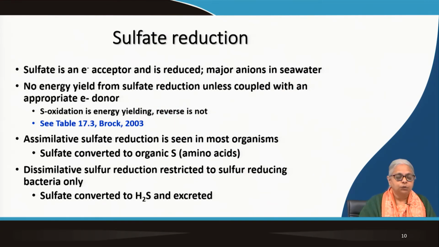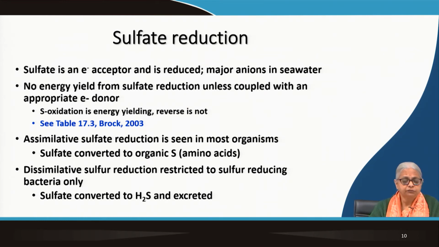So let's take a look at sulfate reduction. In sulfate reduction, sulfate is an electron acceptor, it gets reduced, and it's also a major anion in seawater. By itself, sulfate reduction is not capable of providing energy. For the organism to derive energy using sulfate as the electron acceptor, it has to be coupled with the appropriate